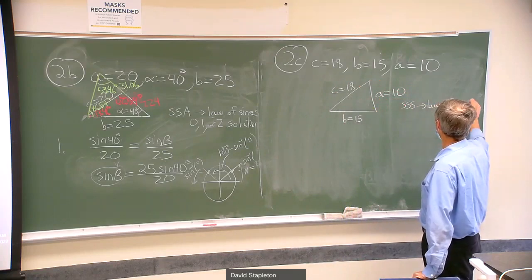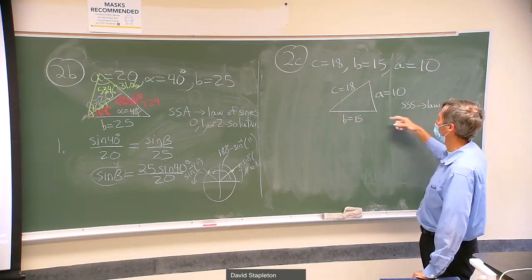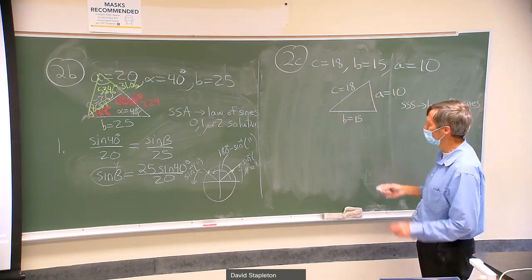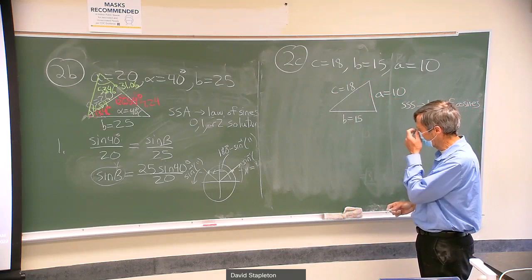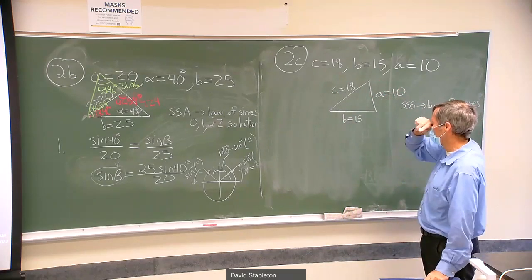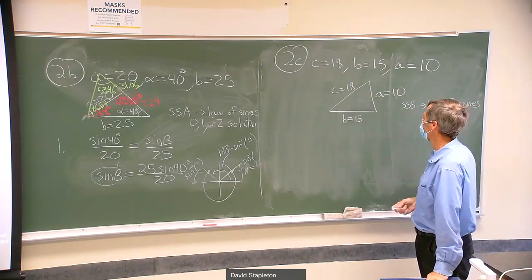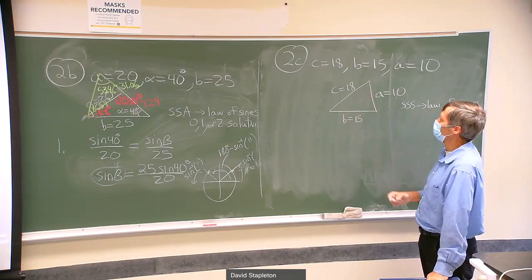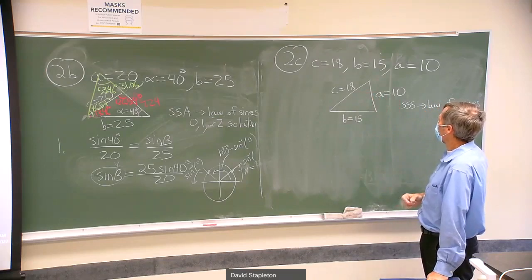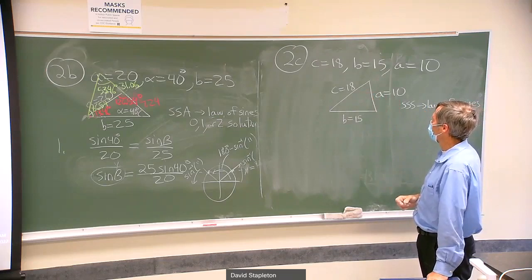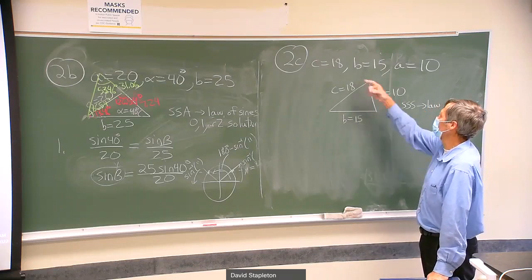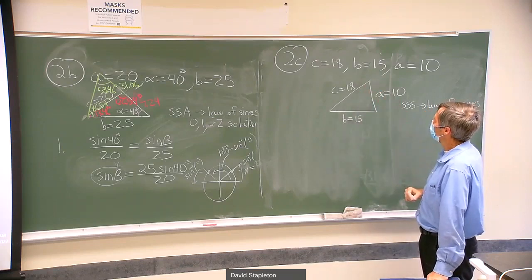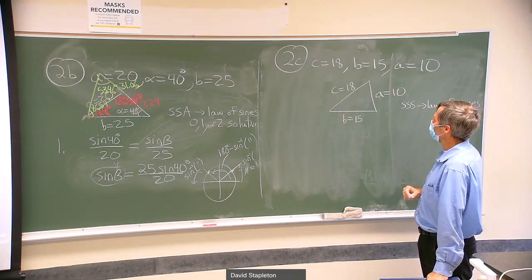If you forget this rule, you can kind of see it. Whenever you're given an angle opposite a side, you're going to wind up wanting to use the law of sines. That's another way to think of it. If you can't figure out an angle opposite a side, you've got to go to the law of cosines. All right, so I've got law of cosines because it's side, side, side, or side angle side. With three sides, it doesn't matter which angle you find first. You can still solve it, but